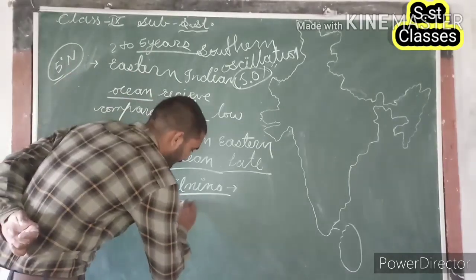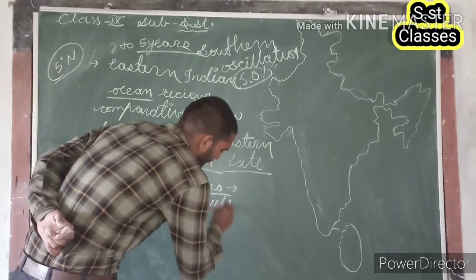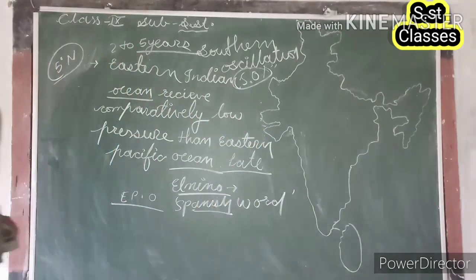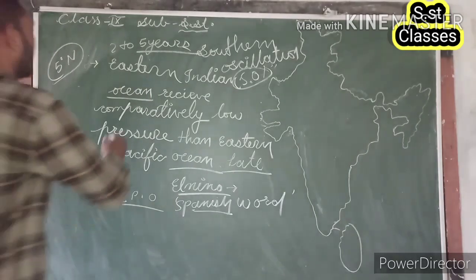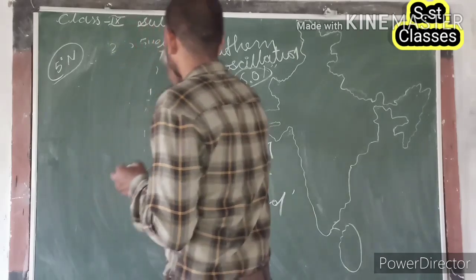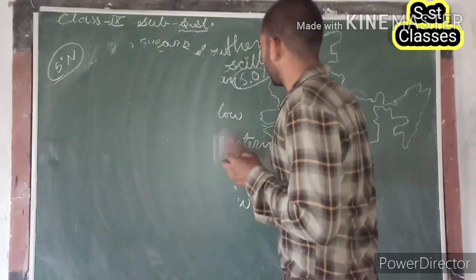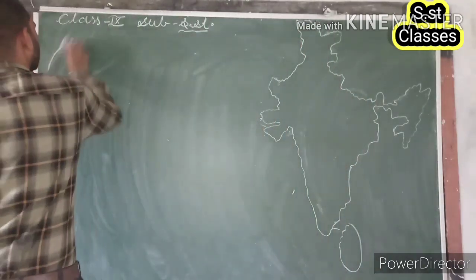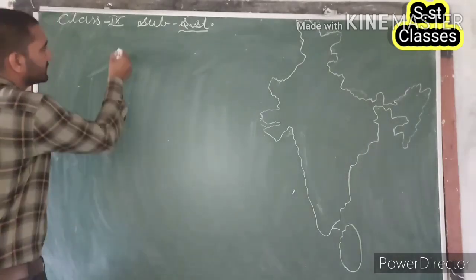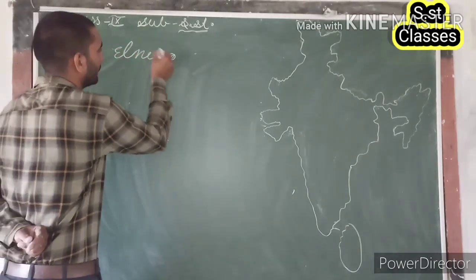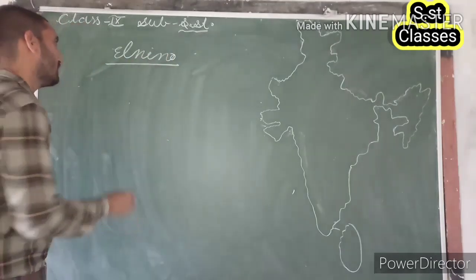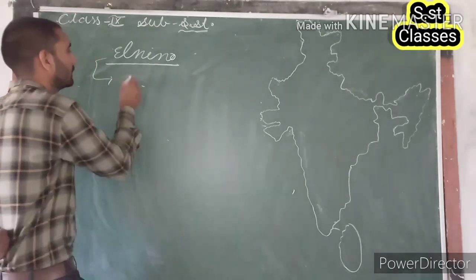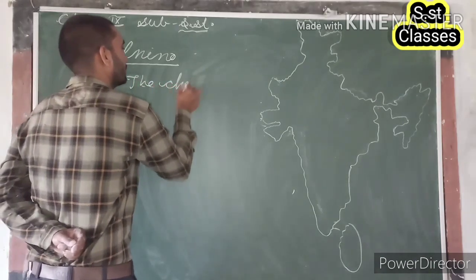El Nino is a Spanish word, which actually means the child. El Nino is a Spanish word whose literal meaning is the child,